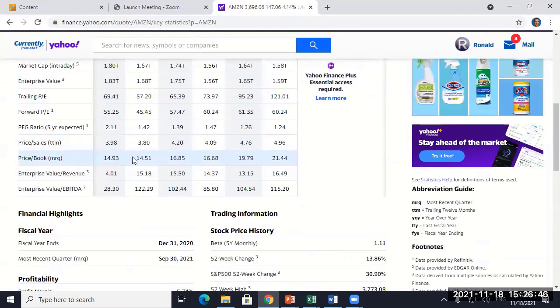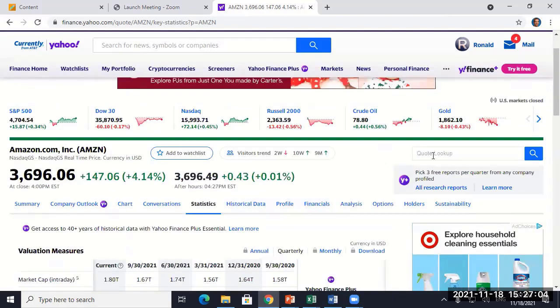Amazon's price to book is 14. What was JP Morgan's? Less than 2. Why would you pay $15 for $1 net worth for Amazon, but you only pay $1.96 for JP Morgan? They're very different businesses. If USAA were to sell its bank,